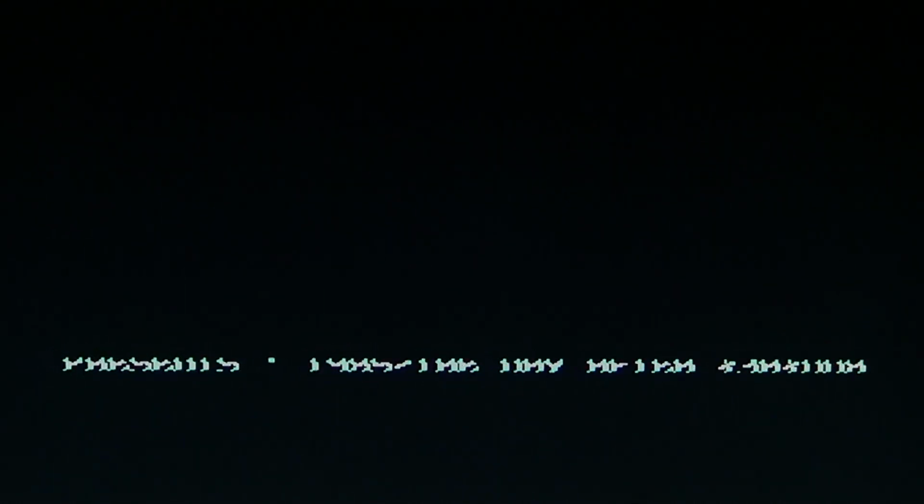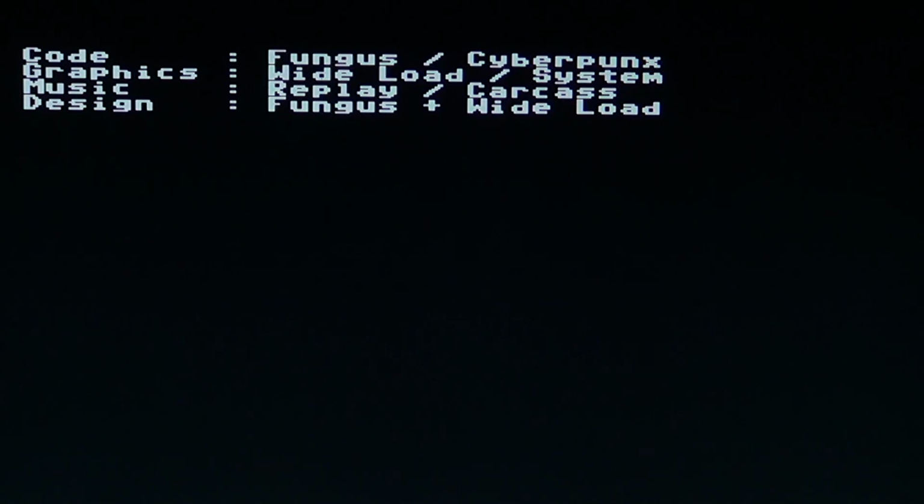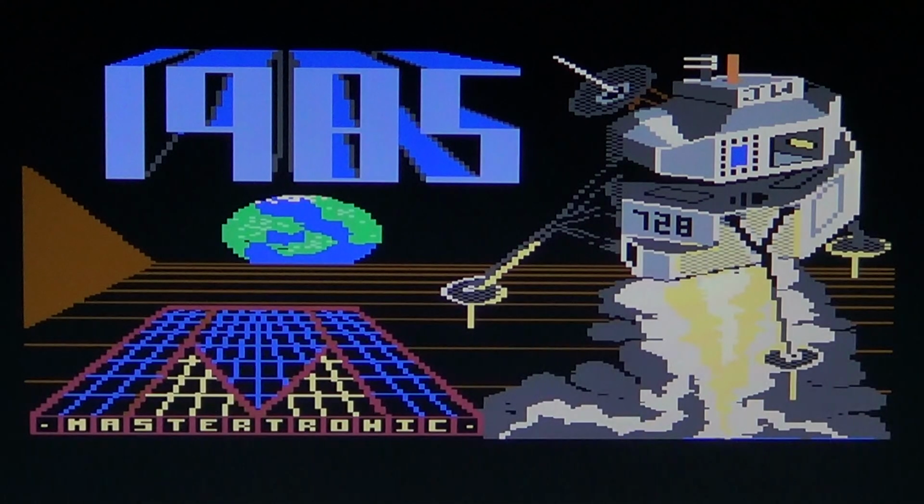What makes this game special is the fact that it has ugly graphics and rather poor sound. First of all, this is made by Mastertronic. It came out in 1985. It is an arcade type game, and the only other platform that I know that has a version of this game is the ZX Spectrum.